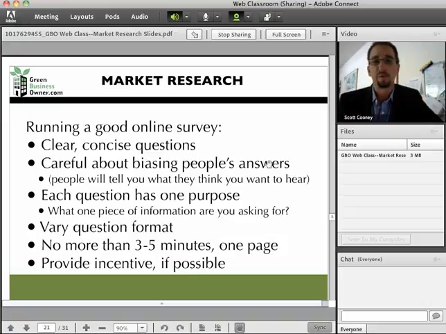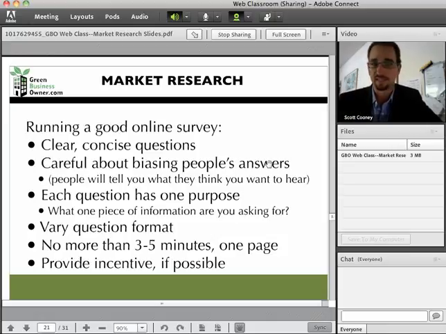You want to be a little bit careful about biasing people's answers. People in surveys will often tell you what they think you want to hear. So in essence, if you're saying, is sustainability good? People of course will say yes, sustainability is good. Of course, sustainability is good. So you want to get to a level of how good sustainability is versus price or whatever. You don't want to bias people's answers and have them giving you all the same answer across the board that will tell you nothing.